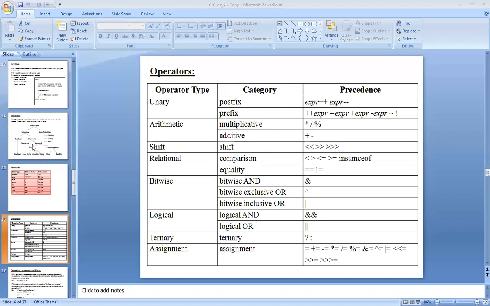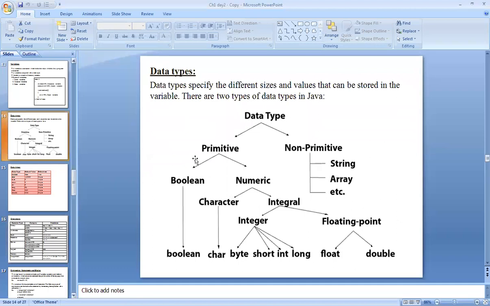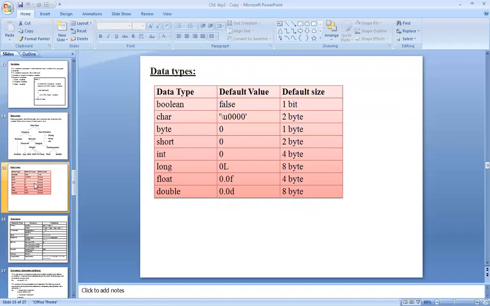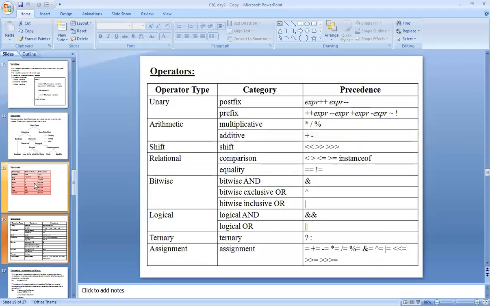In the previous lecture we have covered data types. We have seen how much memory is allocated according to data type. Then we have seen different types of operators. According to category, we have bifurcated, and out of that, we have covered unary, arithmetic, and shift.